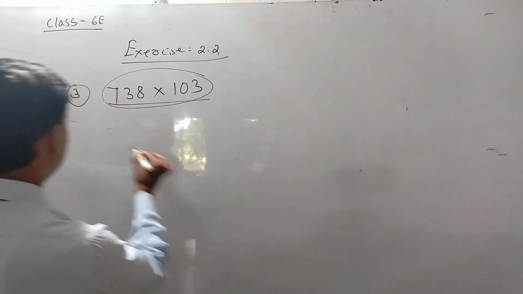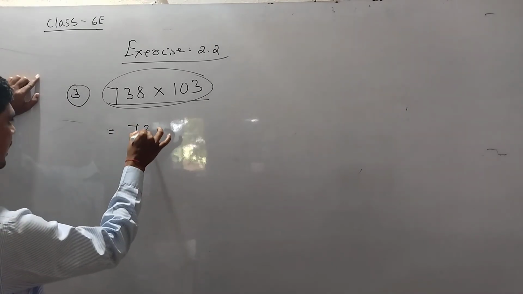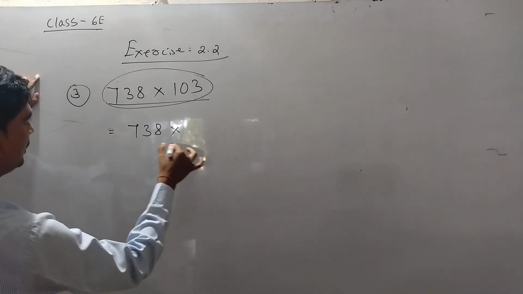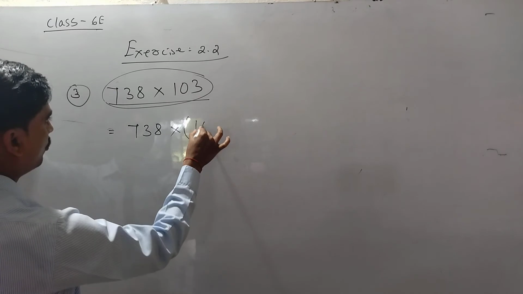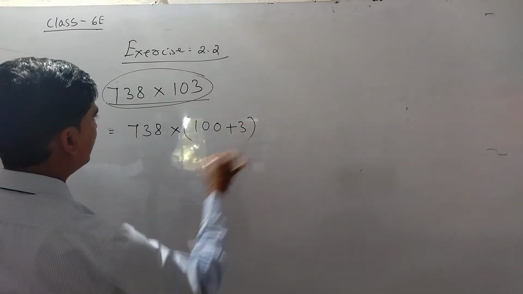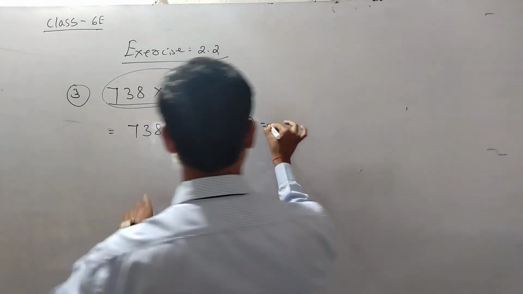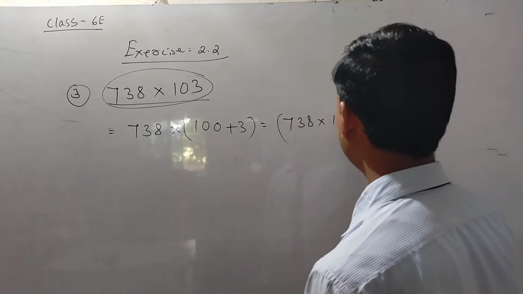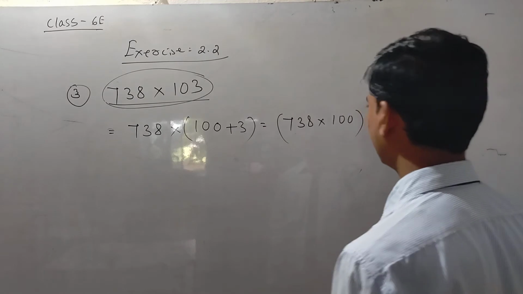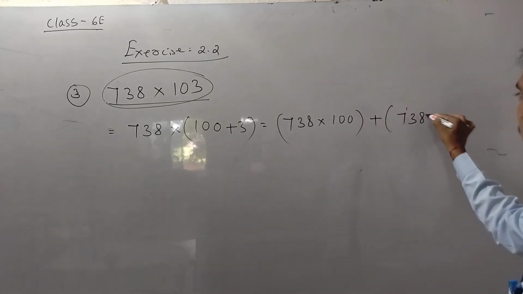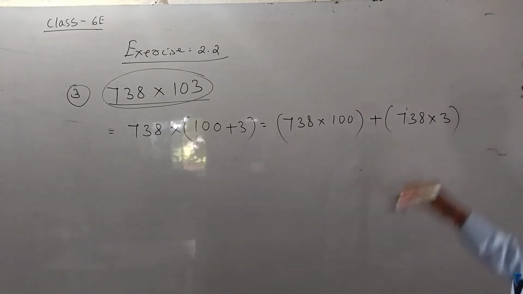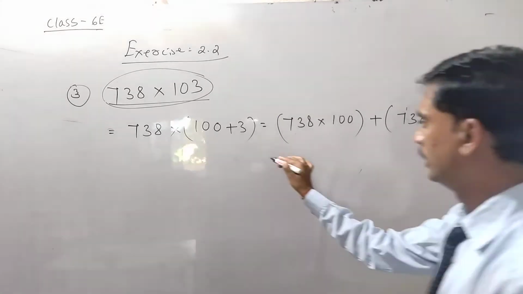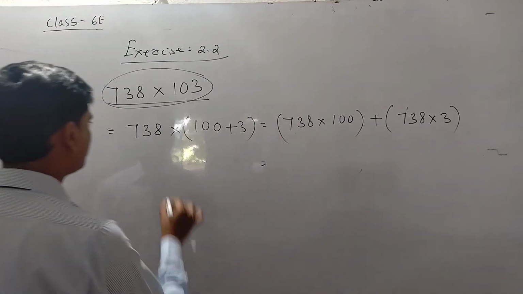Write down, is equal to 738 multiplication bracket 100 plus 3 bracket complete is equal to 738 bracket into 100 bracket plus bracket 738 into 3 bracket complete. Okay, now is equal to